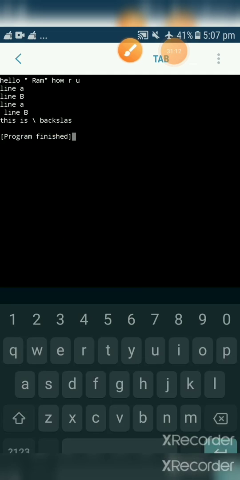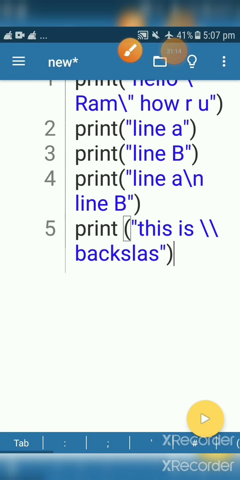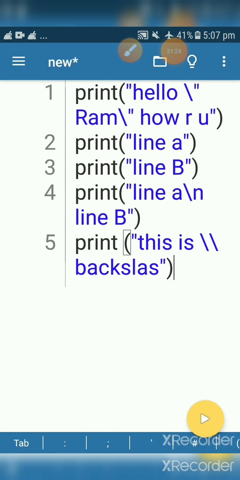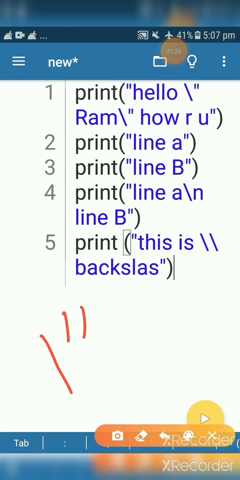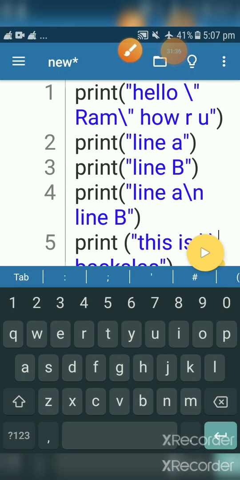See here, now if I use this backslash at the end, the compiler will get confused, because backslash followed by quote means double quotes. So definitely you will get an error. Check it out.